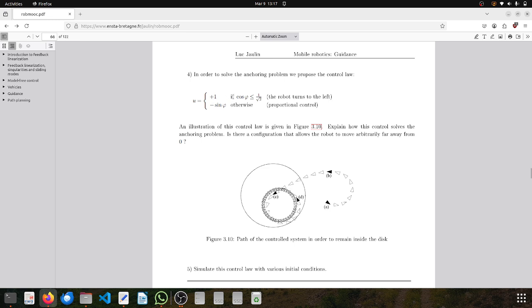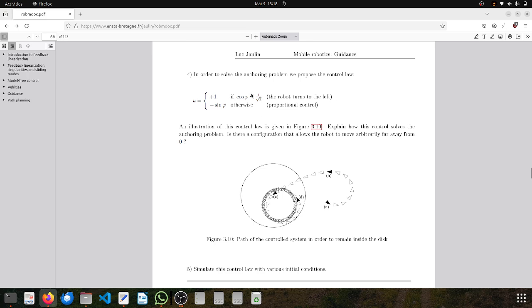So what this control law does is continuously check the angle phi, which reveals the direction of the motion of the robot relative to the origin. So if phi were 0, the robot would be heading to the origin, and if it was 360 degrees, it would also be doing so, so we won't talk about it. But if it was pi or minus pi, it would be heading away from the